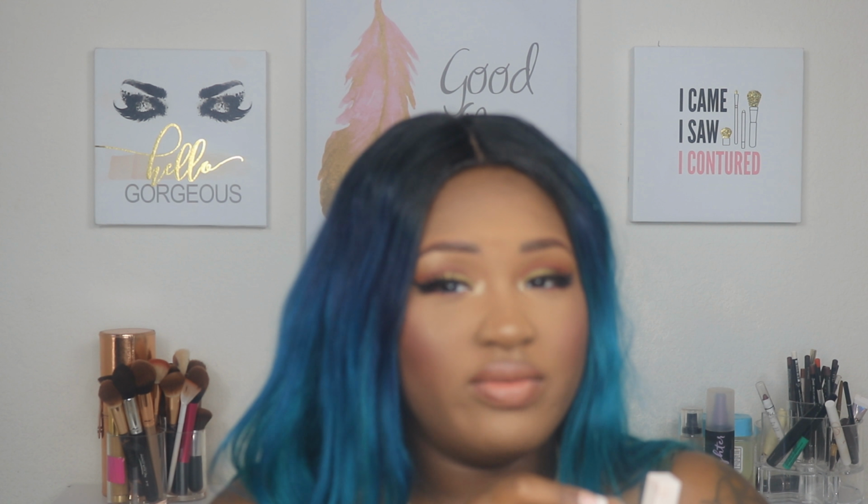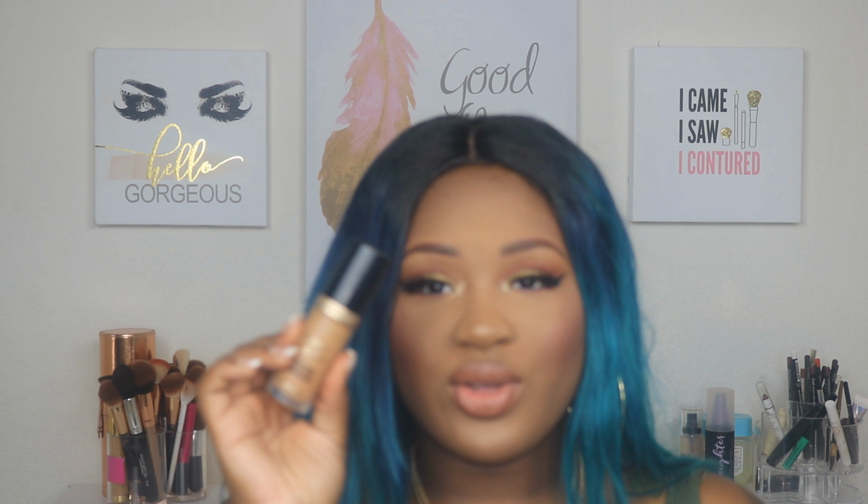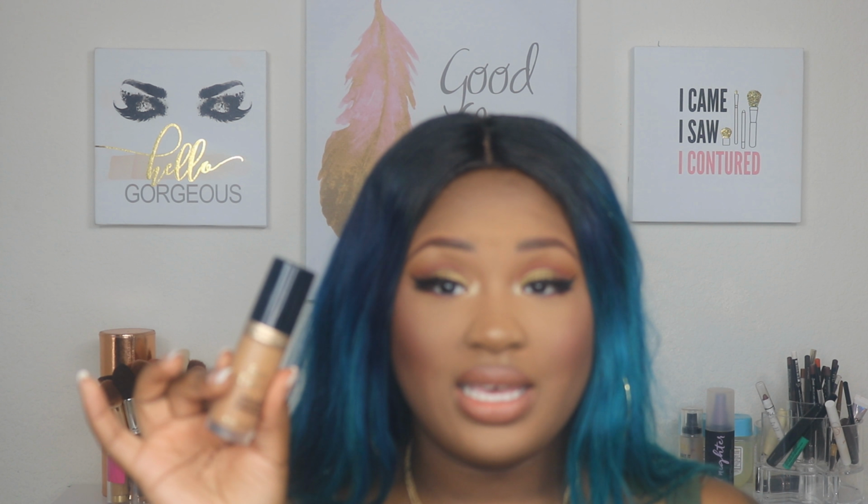If you can guess at least 2 of the concealers, you're the real MVP. Because if you can guess 2, then that means you watch me, because you already know what'll be going on in my life. So the first concealer is going to be the Born This Way concealer, and I have it in the shade Mocha. This is what I have on today, and it looks flawless, looks good. Too Faced knew what they was doing this summer. They knew what they was doing, because